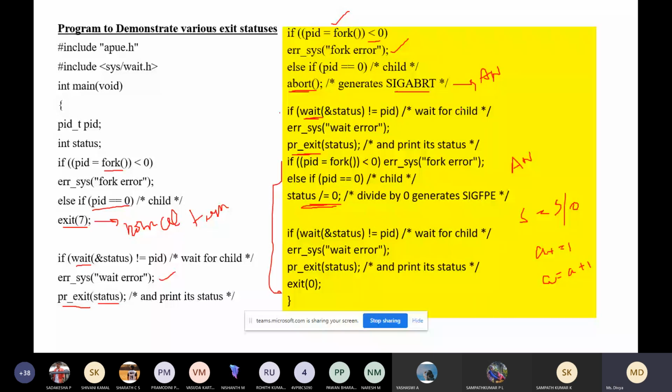Okay. So in the abnormal termination, we are executing this pr_exit function, and here also we are executing pr_exit function. Okay. And this is for normal termination using exit function, and we are executing this pr_exit function. Okay, so this is for normal termination. These two are for abnormal termination. So one way of abnormal termination is using abort system call, and another one is you divide the status by